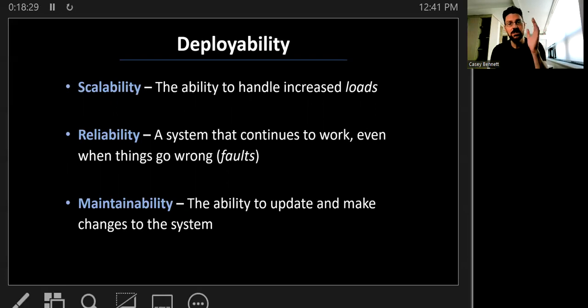It's got to be scalable, it's got to be reliable, it's got to be maintainable, right? And each of these has definitions. But in general, we need a system that is scalable. So as we scale it up and more users need to use it, or we need to have more resources that can deal with that, it needs to be reliable. So just because one thing breaks, the whole system doesn't collapse, right?